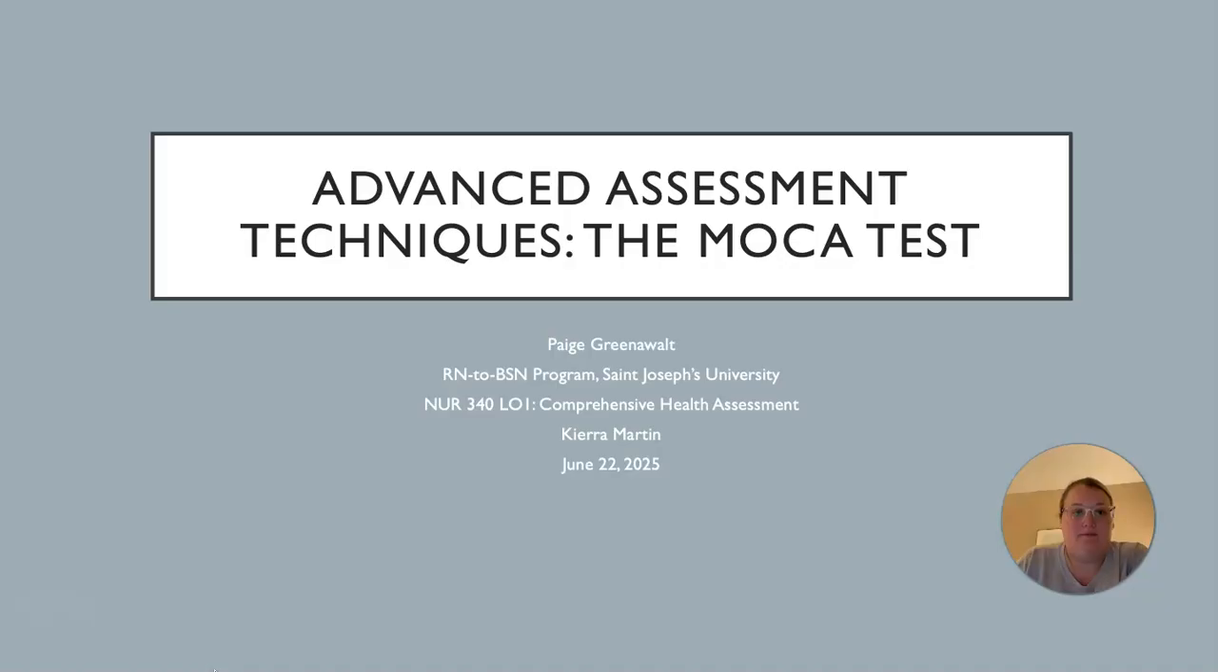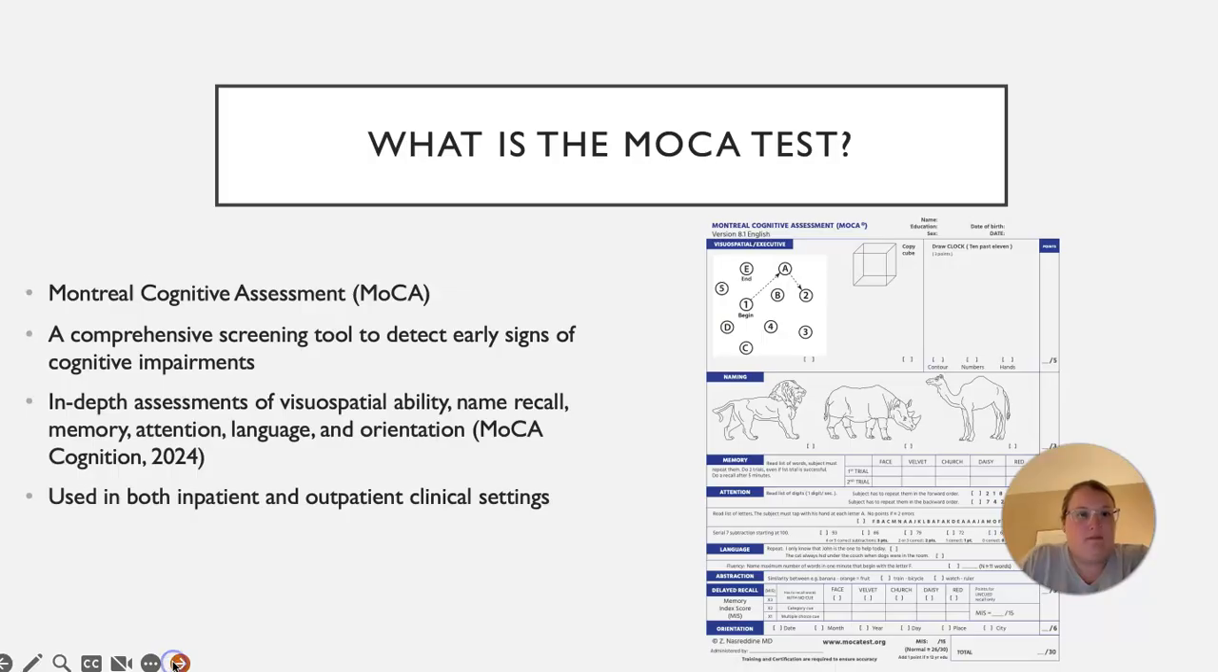Hi, my name is Paige Greenawalt, and this is my presentation on the advanced assessment technique of using a MOCA test. The MOCA is also known as the Montreal Cognitive Assessment. It is a comprehensive screening tool that can be used to detect any early signs of cognitive impairments. This can be things such as dementia, Alzheimer's, and it can also be used as a routine screening tool on older folks over the age of 65